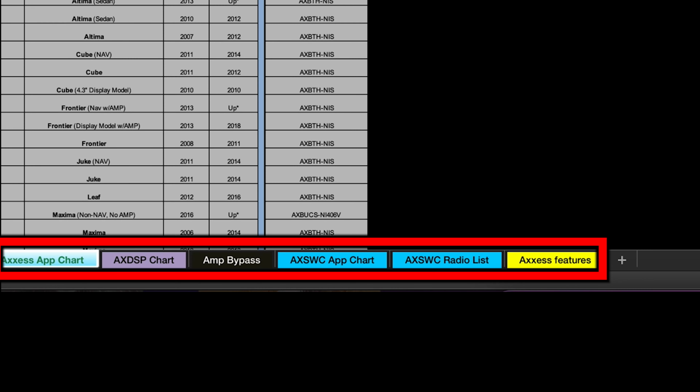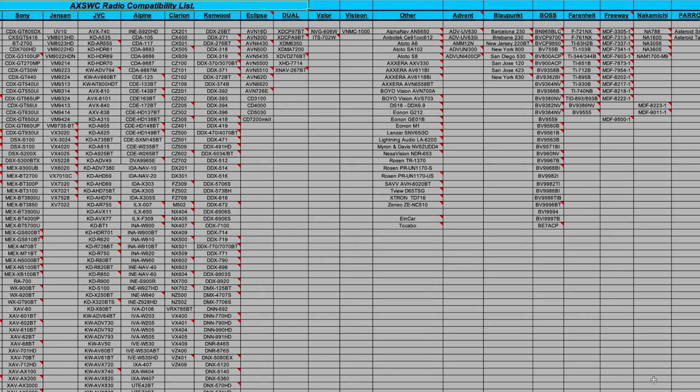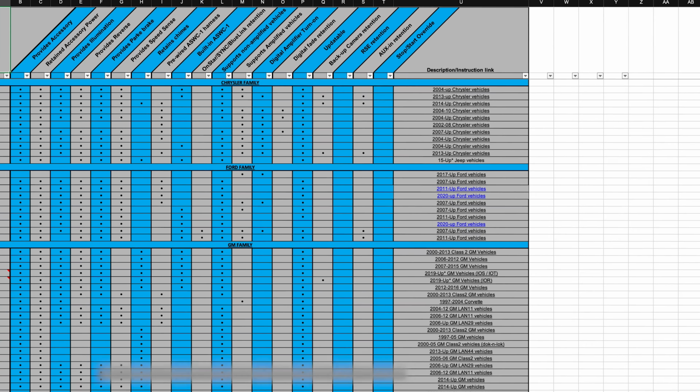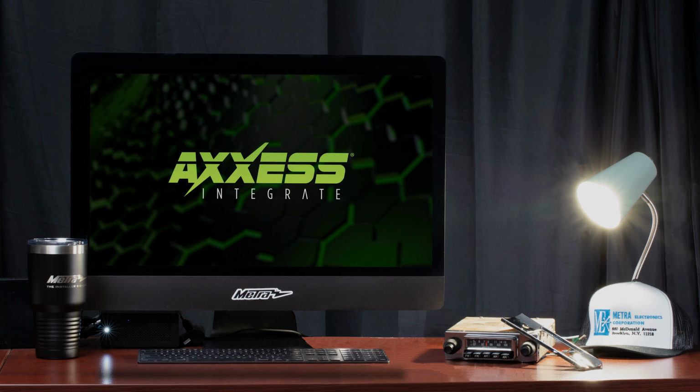In the bottom left, there are different tabs for other Axxess parts you might be looking for. There's a tab for VSPs, amp bypasses, steering wheel control applications, steering wheel control capable radio list, and an Axxess feature tab. Be sure to check back frequently, as these are updated regularly to add new